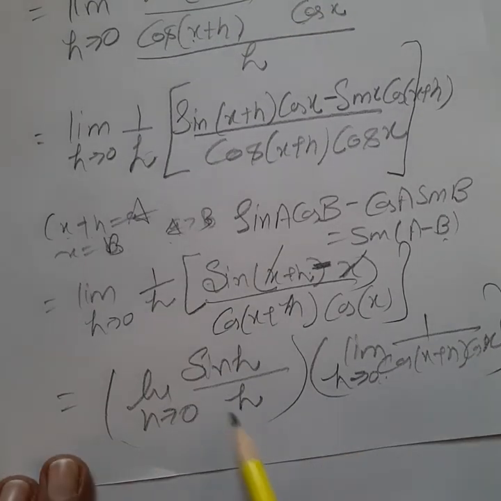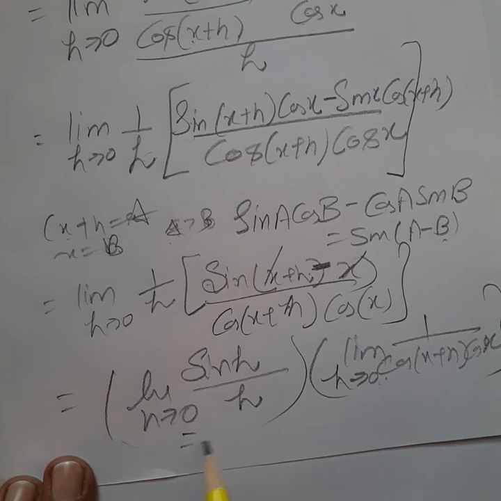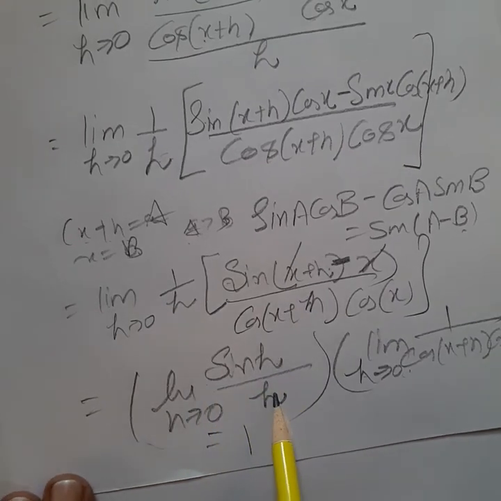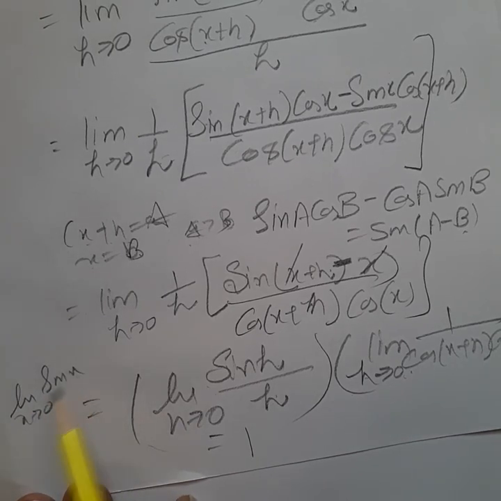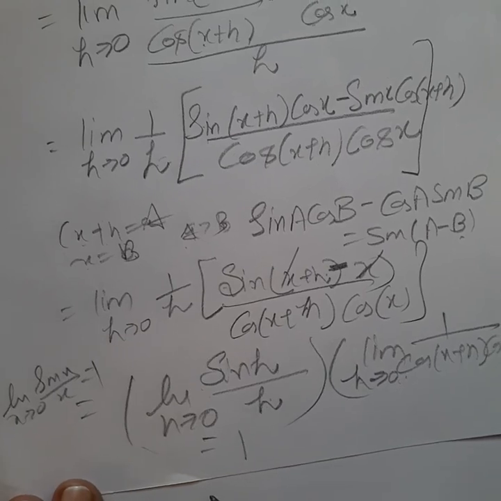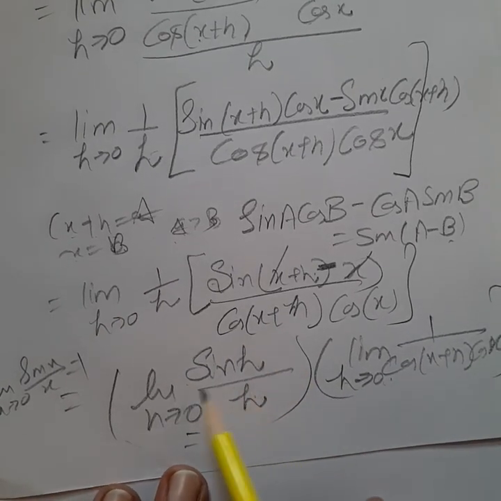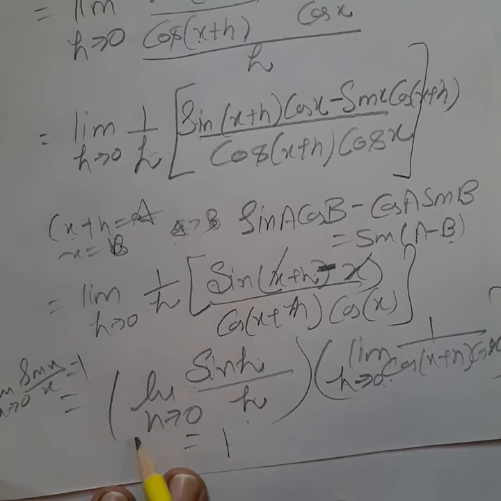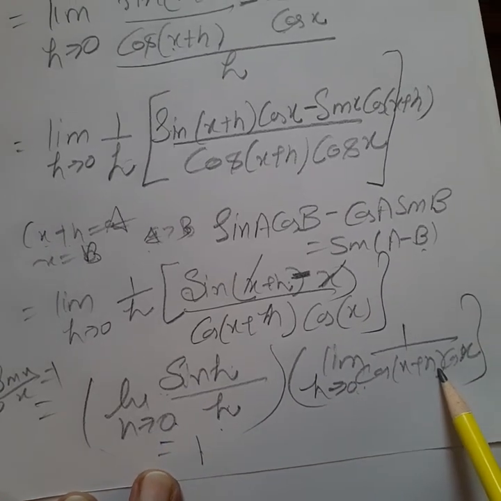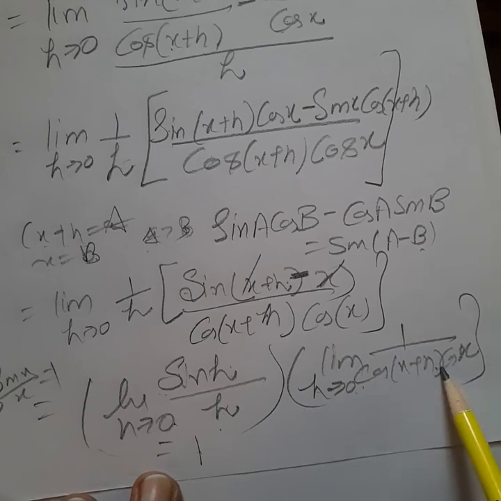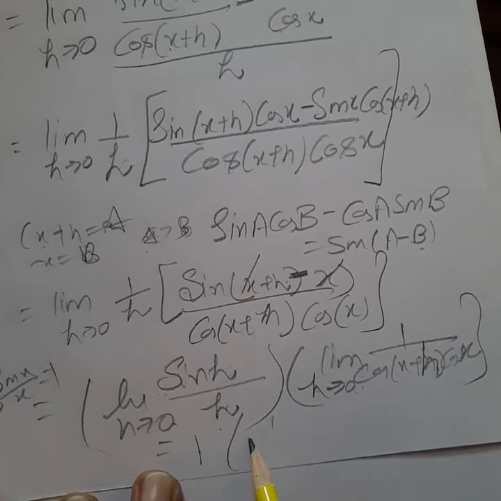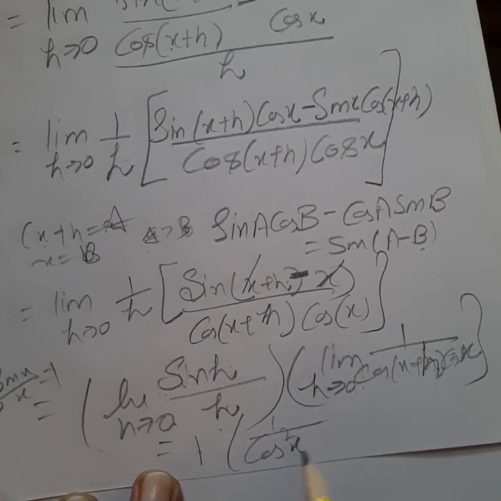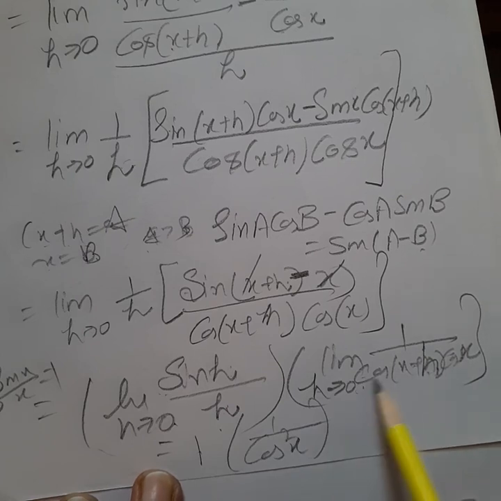Okay, now the value of sine h by h is equal to 1, because we have the formula I have told you earlier, that limit x tends to 0 of sine x over x gives the value 1. So by that formula, we have sine h by h equal to 1 when h tends to 0, and when we put h equal to 0 in the second braces, you get only cos x into cos x. So students, cos into cos is cos square x, because the value of h is 0.